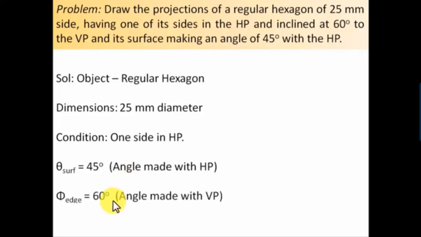Okay, now that all the data have been worked out, we'll now go ahead and try to solve this. Rather, I should say, we'll try to draw this. I've divided this entire solution into two parts. In part 1, I'll be giving you a demonstration as to how the object has been kept with reference to HP and VP. What shall be our initial assumption, from where to begin, whether it's going to be the front view or the top view. All these kinds of stuff I'm going to be dealing in part 1. And then in part 2, we'll simply draw. So let's begin now with part 1.